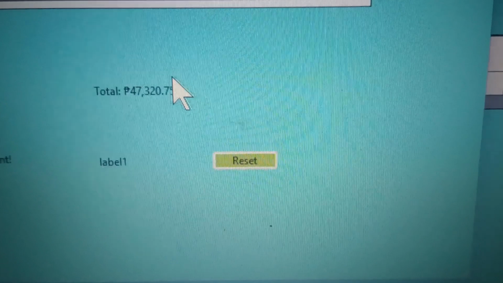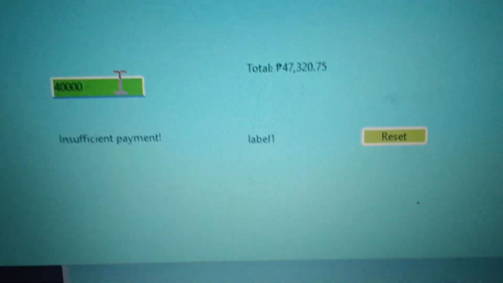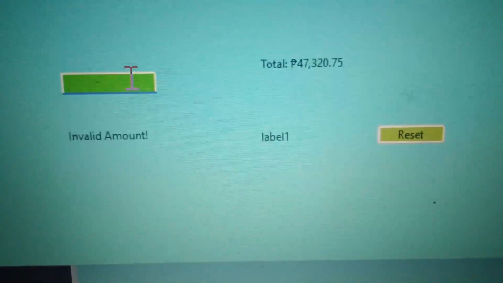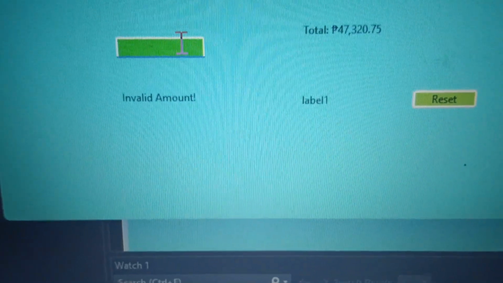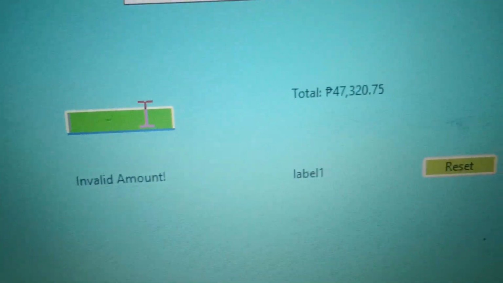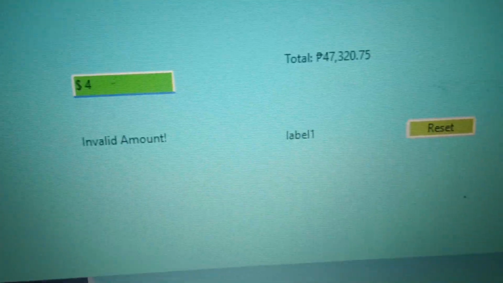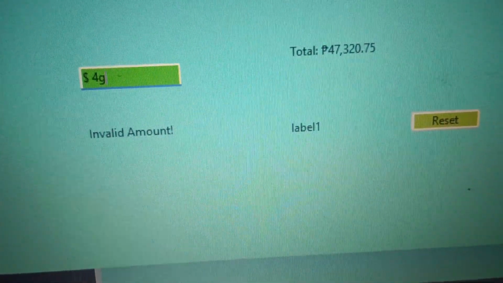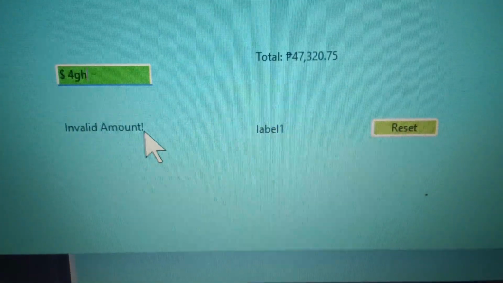And then we also have another feature here: invalid input. So if we try to input invalid input or invalid amount, it shows invalid amount there, then a valid amount.